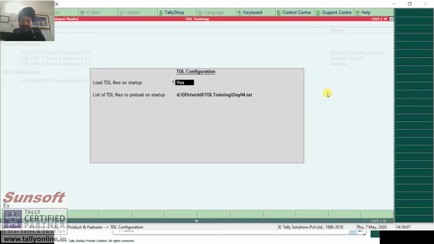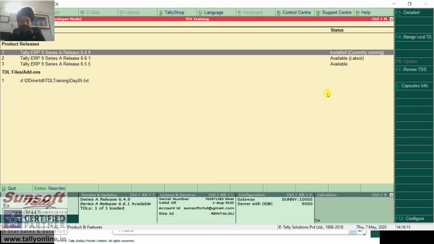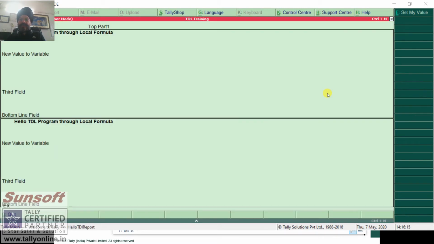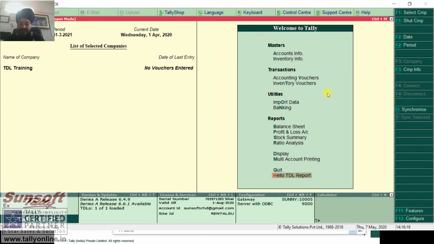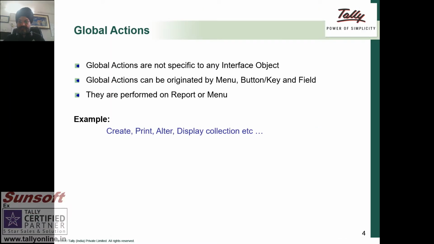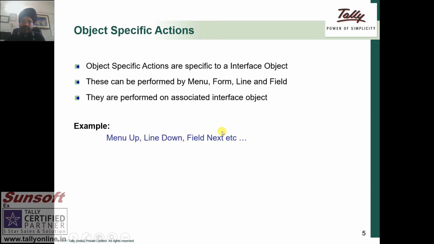I associate my day 5 file with it. Like the Hello TDL, this is displaying that report. So these are the actions associated with global actions. In this case we are using display. Then display collection is also one option. We'll see this in later topics.